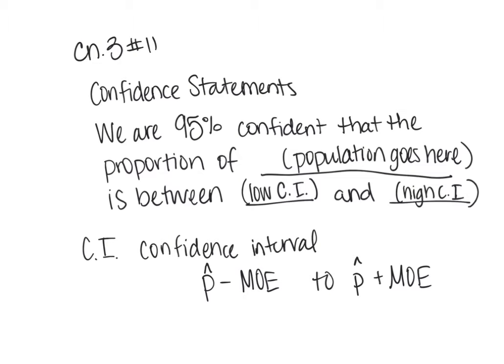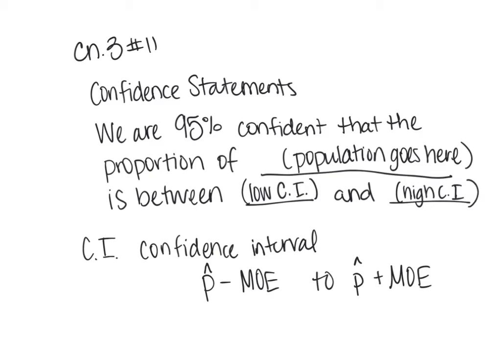When we're looking at confidence statements, we're always forming them in this structure. Think of it like a Mad Lib that you might have done, where you fill in the blanks with different types of words. Well, that's kind of what we have here. Our confidence statement needs to start with the fact that we are 95% confident that the proportion,